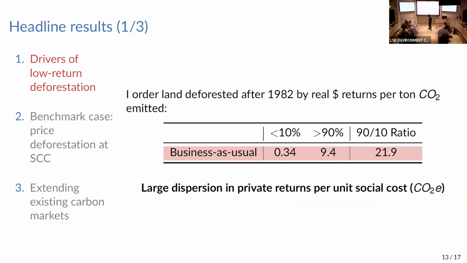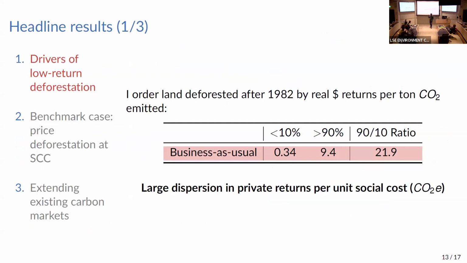Okay, let me tell you a little bit about results. At the beginning of the talk, I showed you maps in terms of tons of yield and tons of emissions. What the model allows me to do is turn tons of yields and tons of emissions into returns in dollar terms of agriculture per ton of carbon dioxide. So now I can think in terms of the dollar value of agriculture that I get per unit of carbon dioxide. In business as usual, calibrating the model to data in 1980,